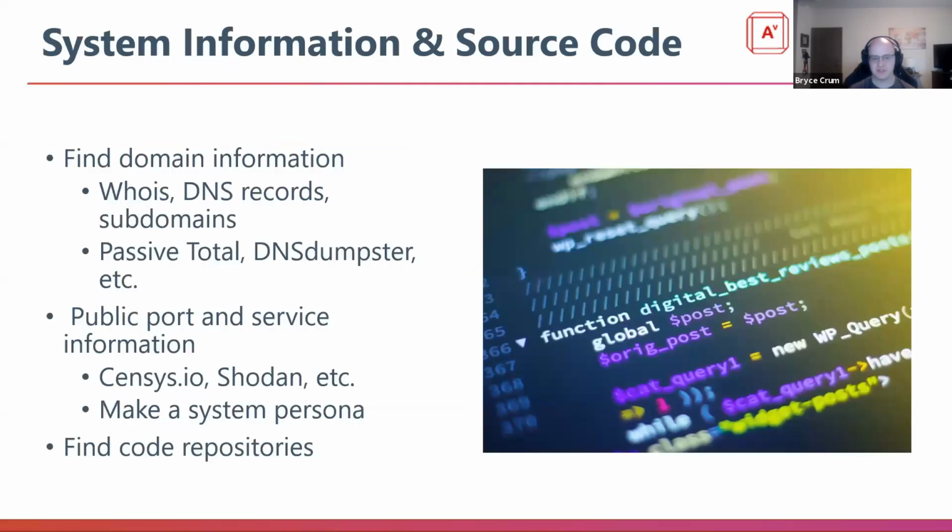With systems and source code, this tends to be where you're going to be pulling the most data from an attacker standpoint to move into the next phase. So this is information that's kind of an immediate translation phase, if you will. With domain information, WHOIS information, DNS records, subdomains, all of that is extremely valuable. You can pull that. Those, of course, correlate to some form of IP address or some form of tie-in that gives you more insight into the environment they're using, whether they're in a cloud environment, whether they're on-prem, who's managing the situation. All of that information is publicly out there and available.